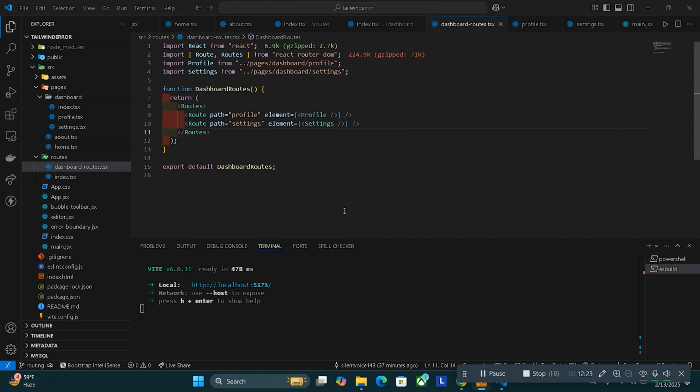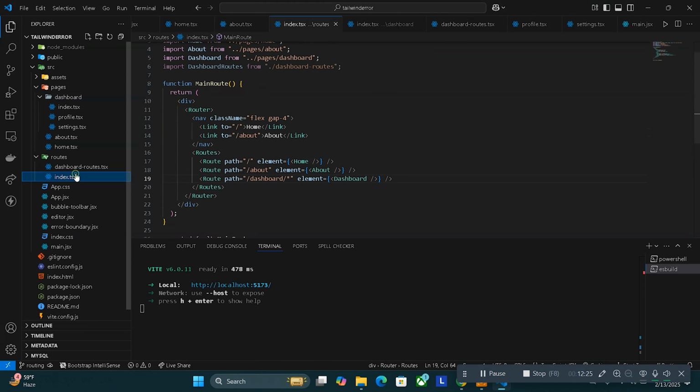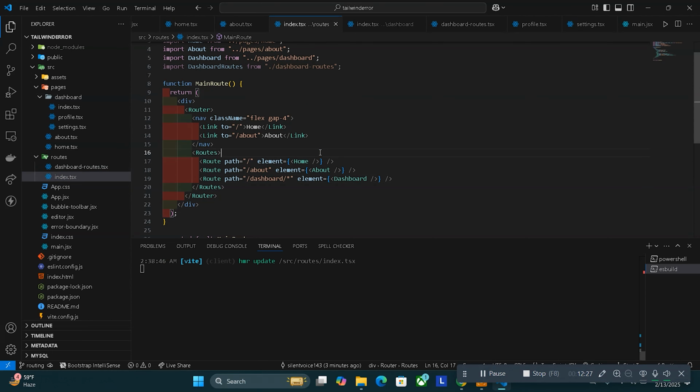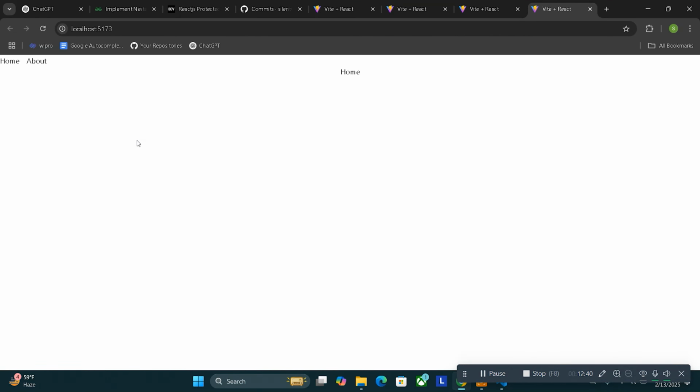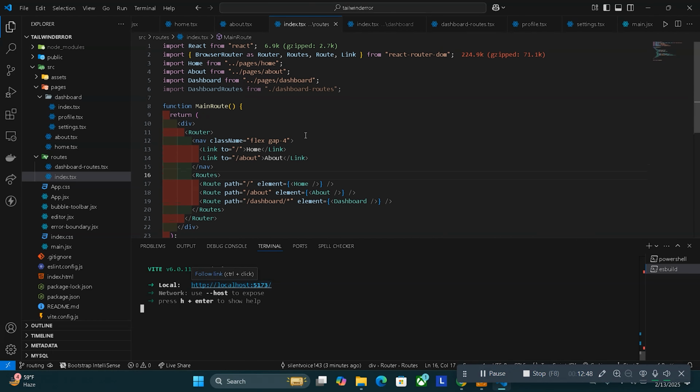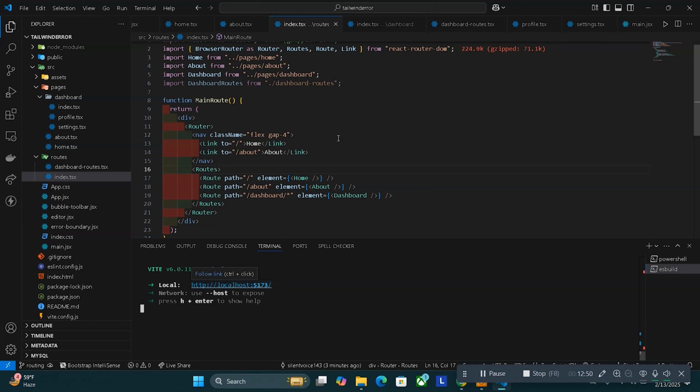Okay, so let's refresh the page and Control C, vim, run dev. Open it again. Okay, this time it is working fine. So it's home, it's about. ठीक है. अब हमें डैशबोर्ड डॉट के लिए भी चाहिए कि हम डैशबोर्ड डॉट पे कैसे जाए, उसके लिए एक नेविगेशन बनाना होगा. तो डेट इज Control C Control V